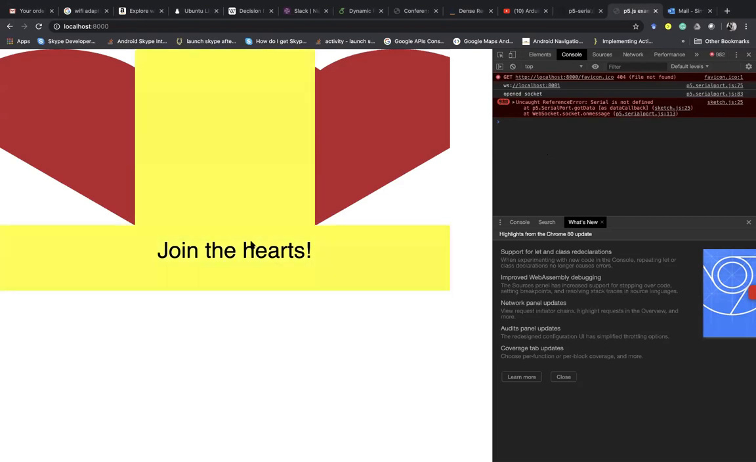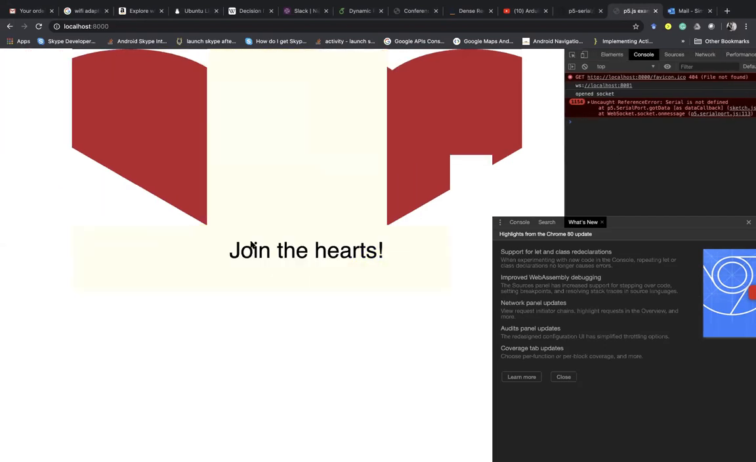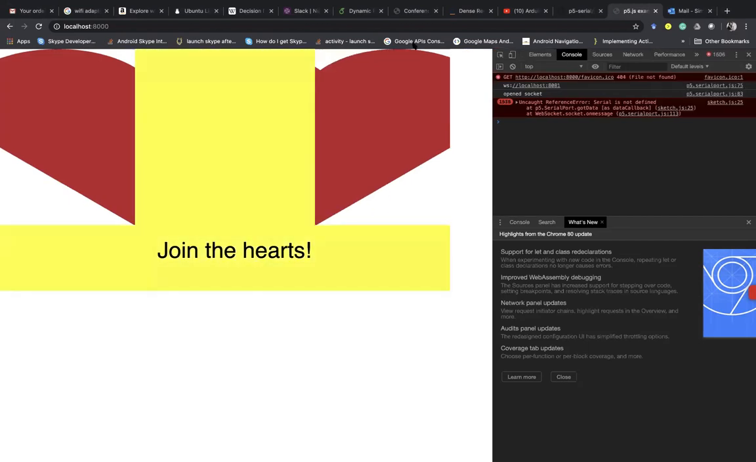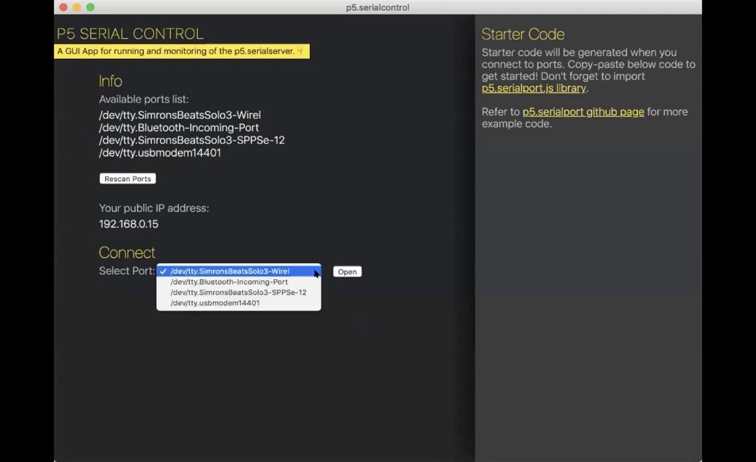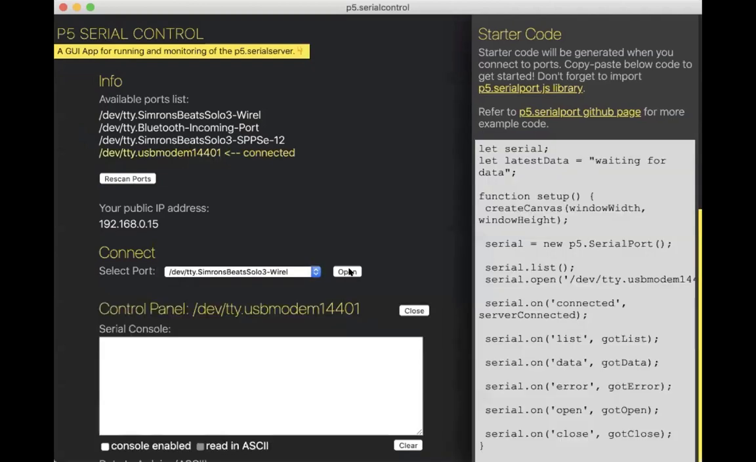So let's do one thing. Let's go to our serial port connection app. Okay, I see that maybe my serial port connection app is not connected. Okay, rescan the port over here, open. Okay, so now it's connected, right? Copy this,